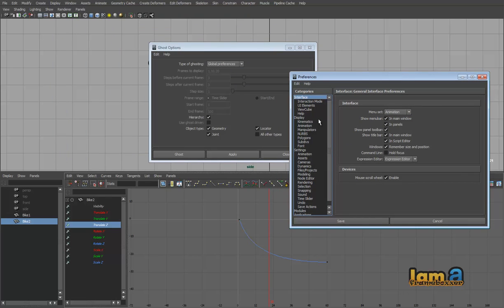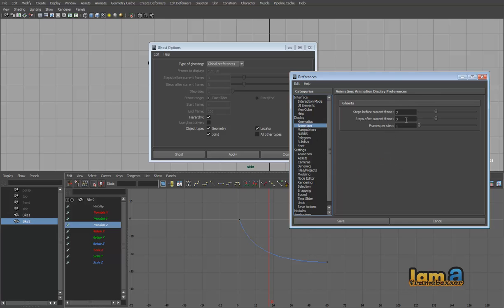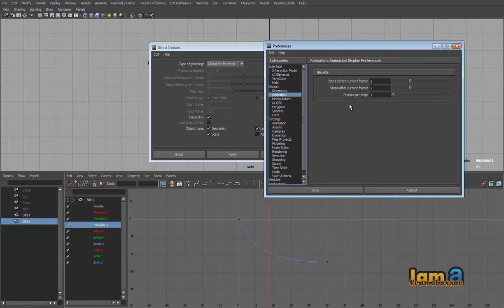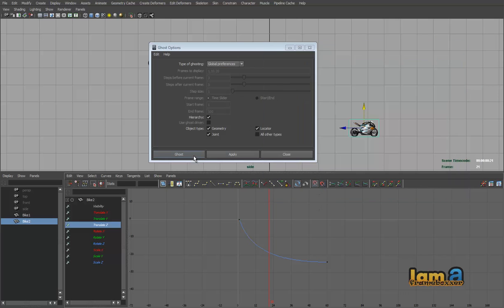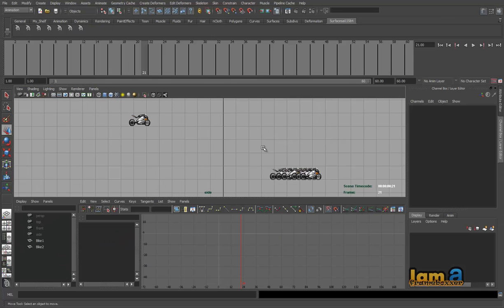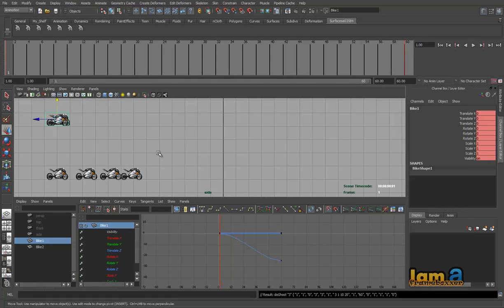If you go into this animation, then you can find the ghost setting already available here. So when we say global preferences, it means it is picking up from this place. We are okay with these global preferences right now, and say Ghost. And immediately you can start seeing the positions. Let's do the same thing for this one. I'm just pressing G on the keyboard, so I get to see.